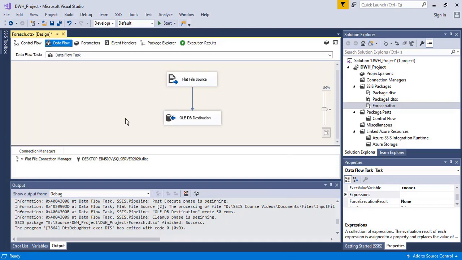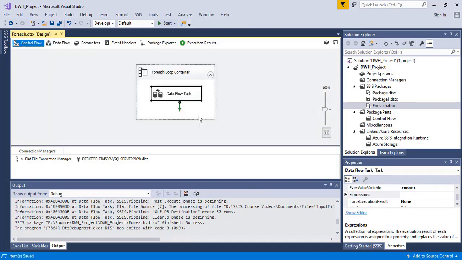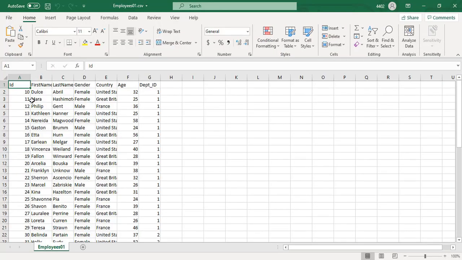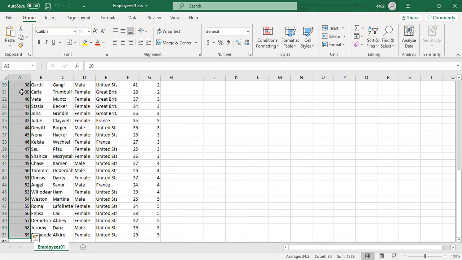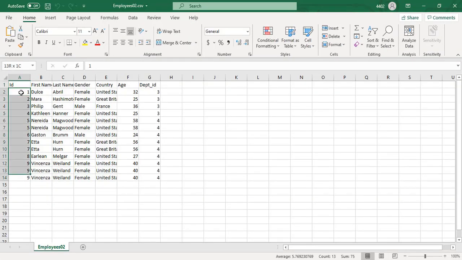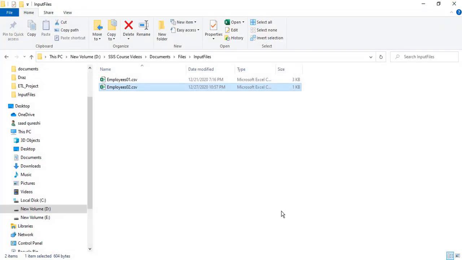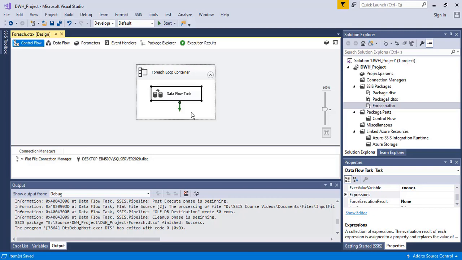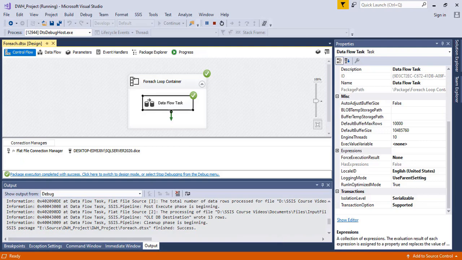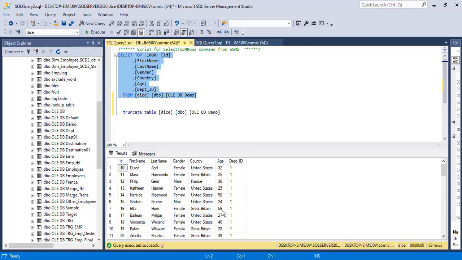Now this time around it is going to load the data of these two files. So total how many rows? 50 rows in my first CSV file. What about the second file? Look, total 13 rows. So it should load 63 rows. Now execute this. Let me just check. Total 63 rows have been loaded.